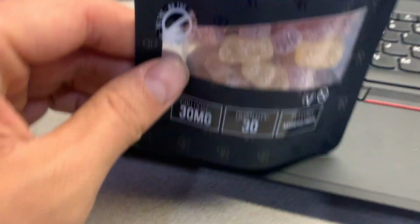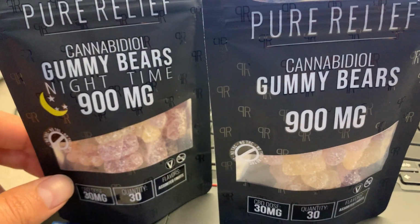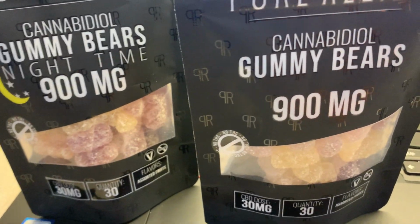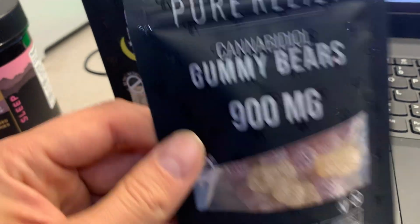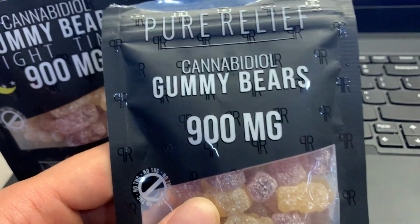So that's what I'm saying, and I messaged them and said, I really think that you guys should have these in different colored sort of things. You really should. So I never got an email back, but I feel like none of these places really ever contact you back. Anyways,